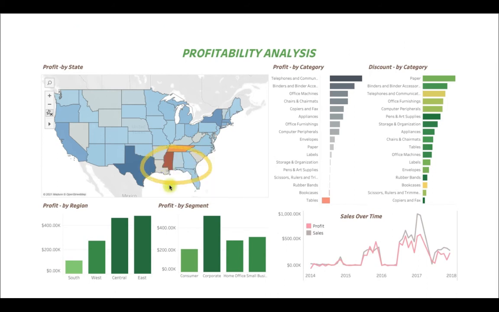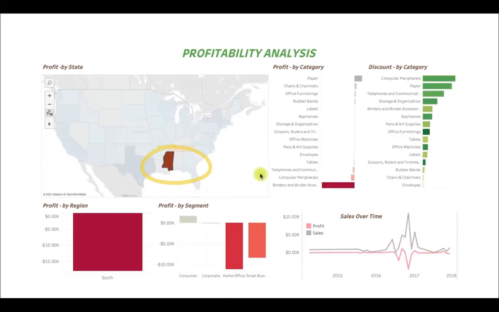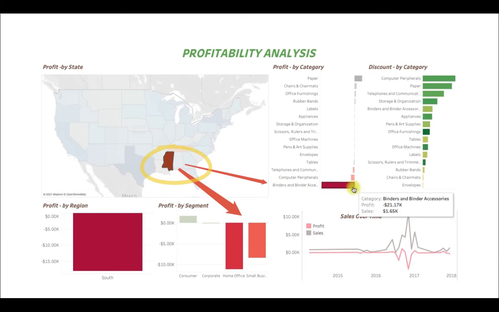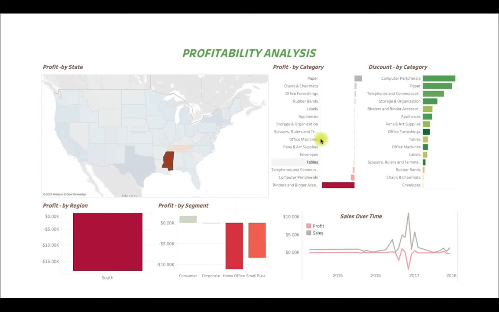So just click on this state. Wow. And what you can clearly see is this is the binders and binder accessories category, which is basically driving the loss for this state. And as such, we don't have any high profit making categories apart from the paper.